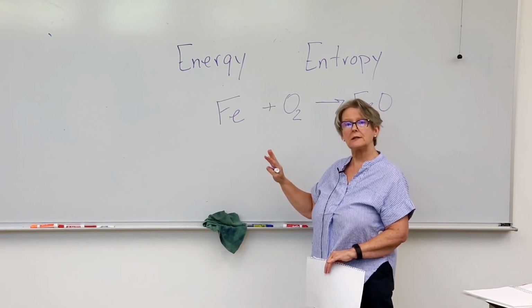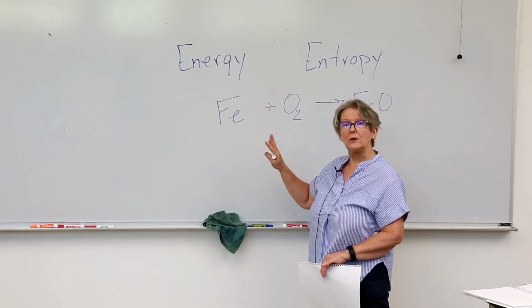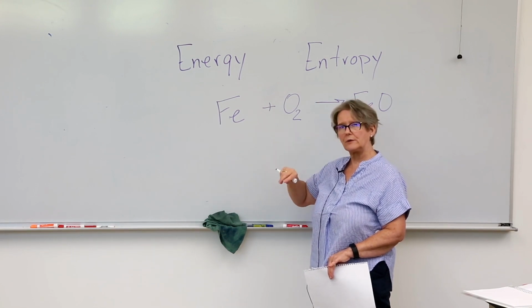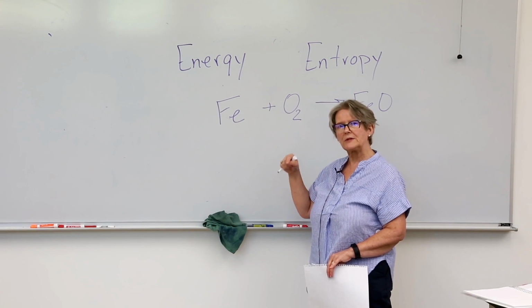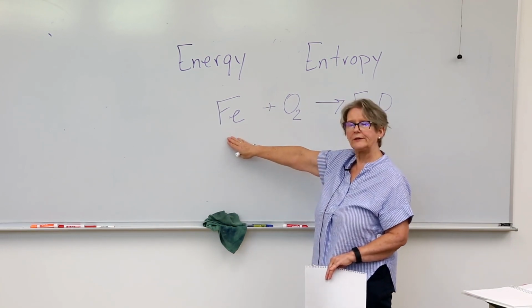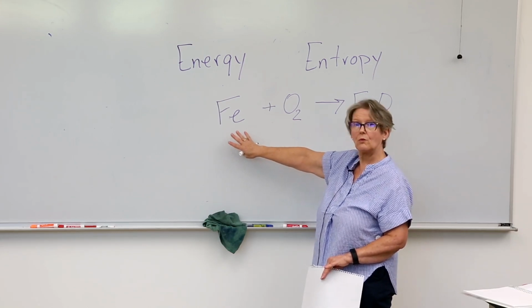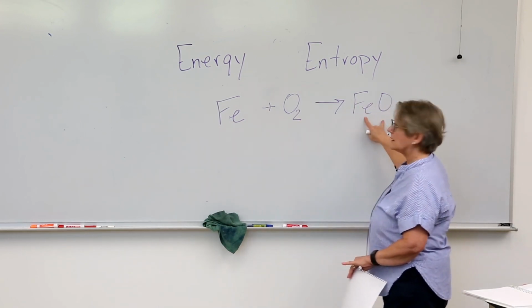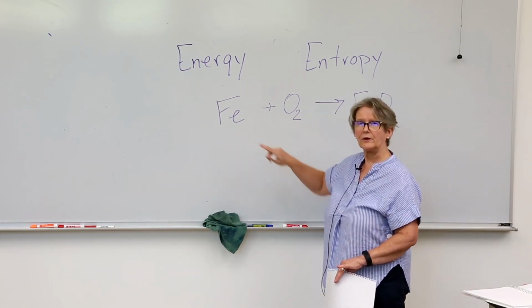We're going to talk about oxidation and reduction a lot. So in chemistry, you've done redox, reduction and oxidation. Something got oxidized, something got reduced, but it has to do with electrons moving, but it also has to do with going to that more stable configuration. So if you think about your piece of iron that you left out in the rain or just exposed to the air for a while, it turns rusty because it combined with oxygen, because this compound is more stable than these two elements on their own.